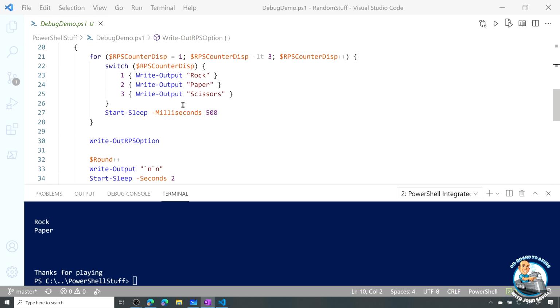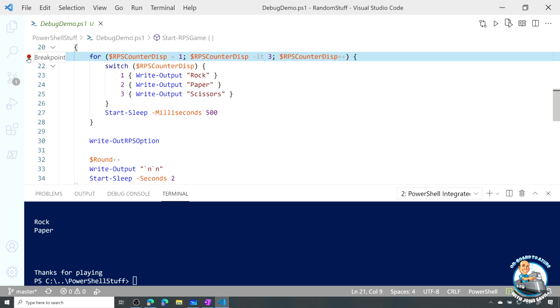So I'm going, okay, write output rock, paper, scissors. Well, it's not doing that. It's only doing rock and paper. So what I could do is select the line I want it to stop at and then let me debug. Now at this point, I could press the F9 key and you can see it toggles on the